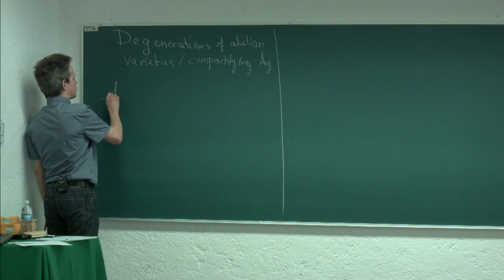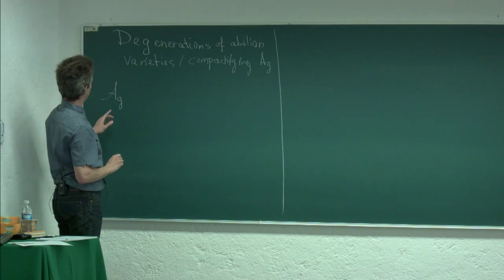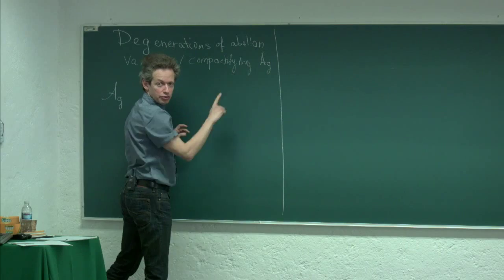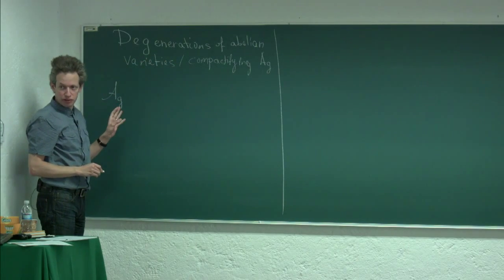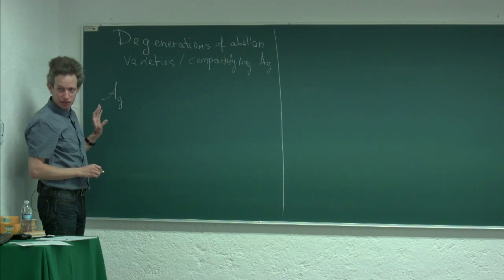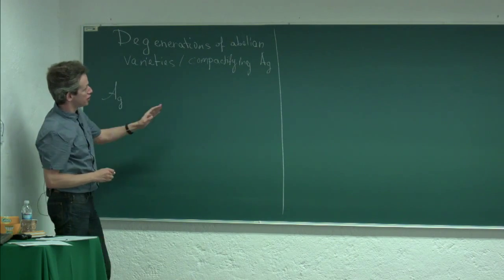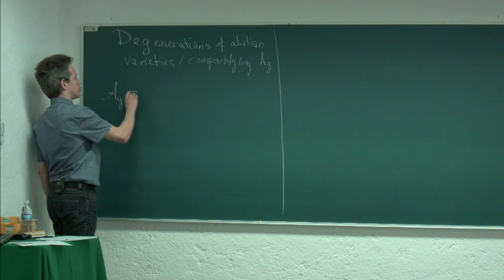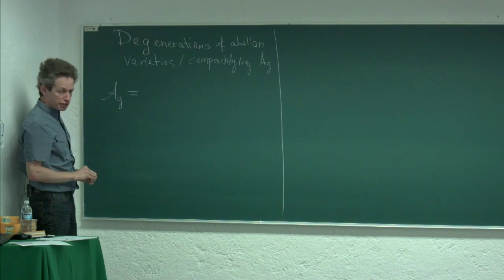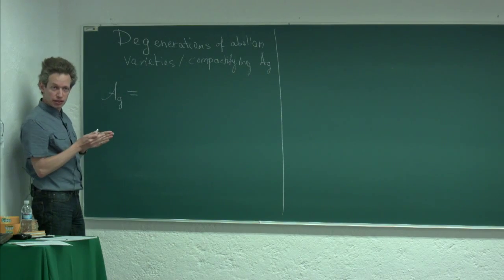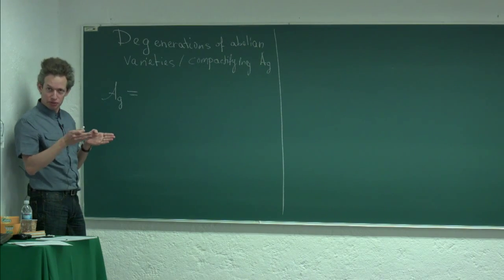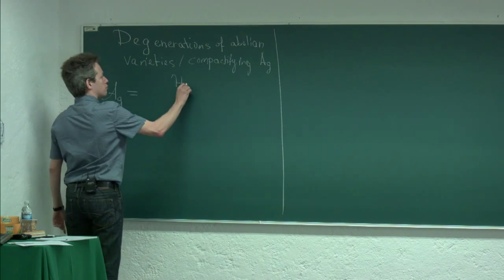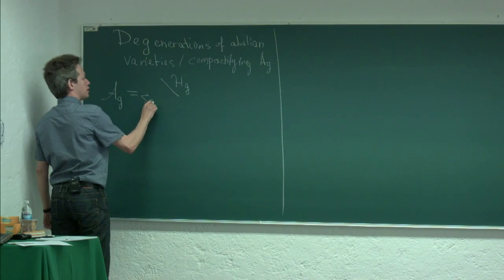Recall that the moduli space of abelian varieties, and I will probably be sloppy: whenever I write this or this, I mean exactly the same thing. I will never bother talking carefully about the stack versus the coarse moduli space. So usually people write one of these for the coarse space, one for the stack. I mean the same thing. So the moduli space of complex principally polarized abelian varieties, and I will never again say the words complex, principally polarized. I'll just say abelian varieties. That's what I mean. Recall that this is a quotient of the Siegel upper half space by the symplectic group,